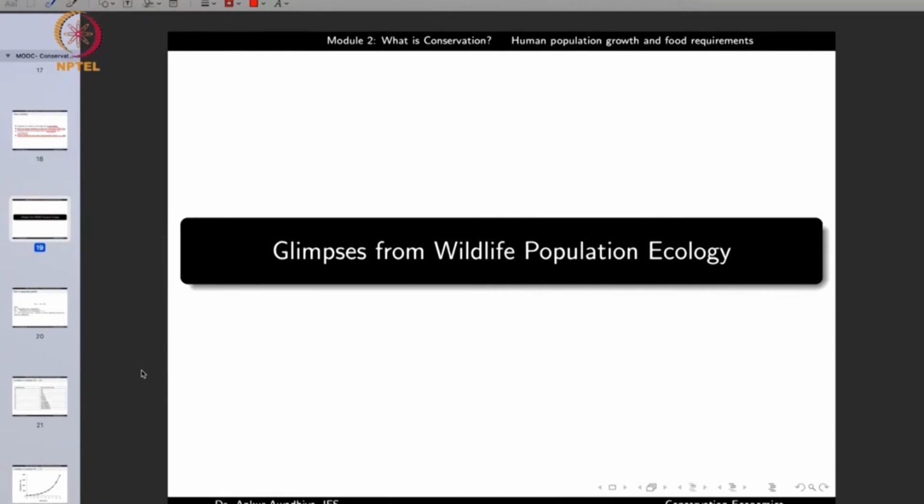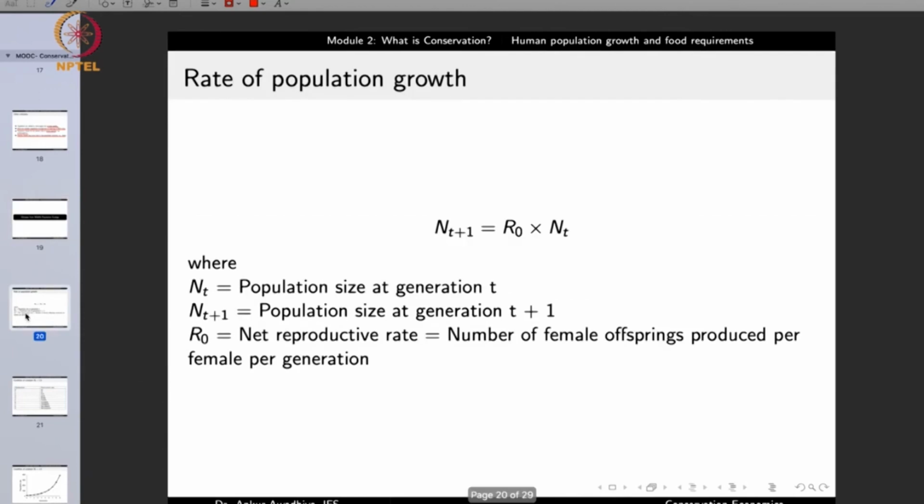And a lot of studies have been made in the case of wildlife population ecology. So, can we make certain assumptions, or can we understand some of these phenomena from wildlife population ecology? Now, in the case of wildlife population ecology as well, we start with our equation of the exponential growth. Now, let us suppose that a population is showing an exponential increase, or it is showing a geometric progression,